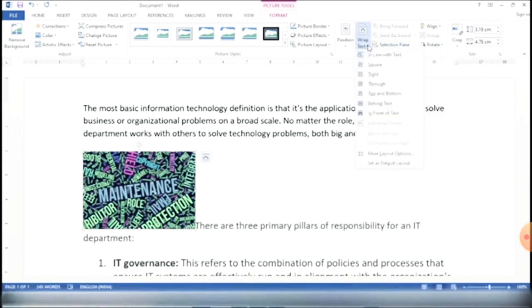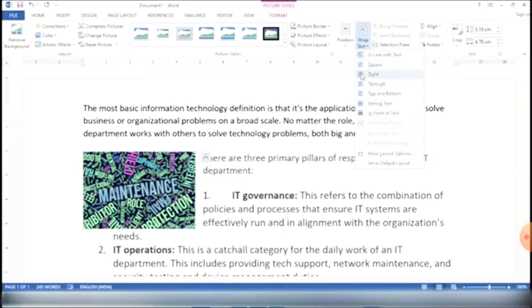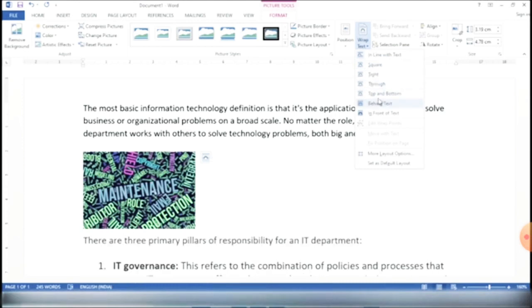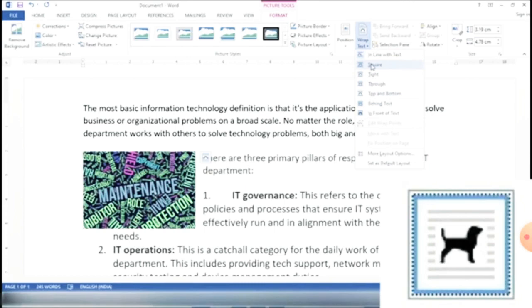Click on text wrapping, and we find many options related to it, as you can see on this screen: In Line with Text, Square, Tight, Through, Top and Bottom, Behind Text, In Front of Text, and others.